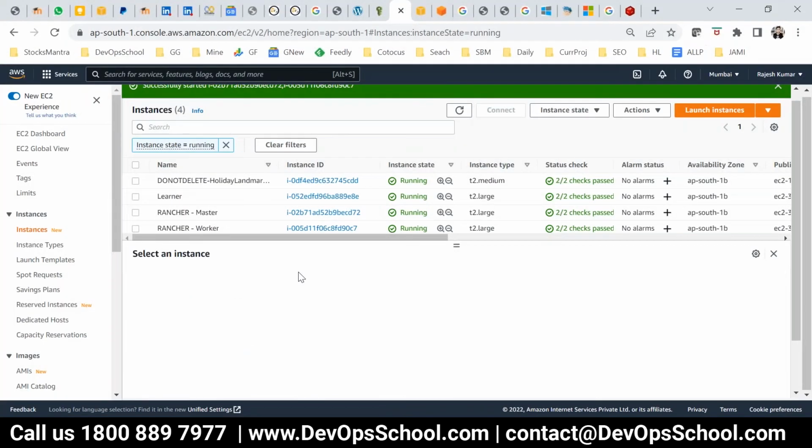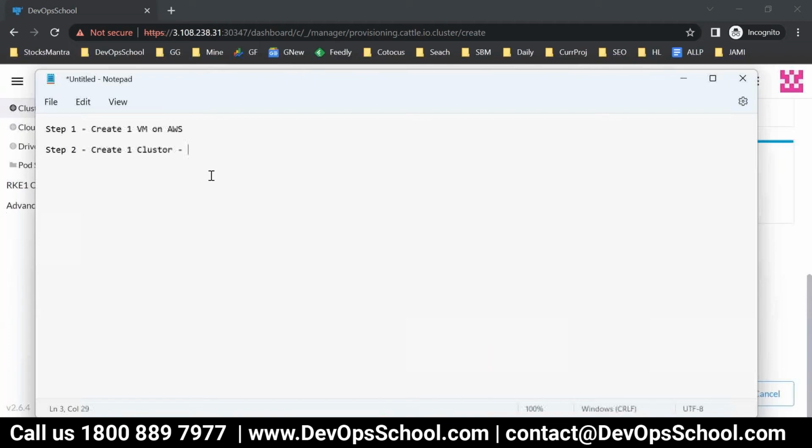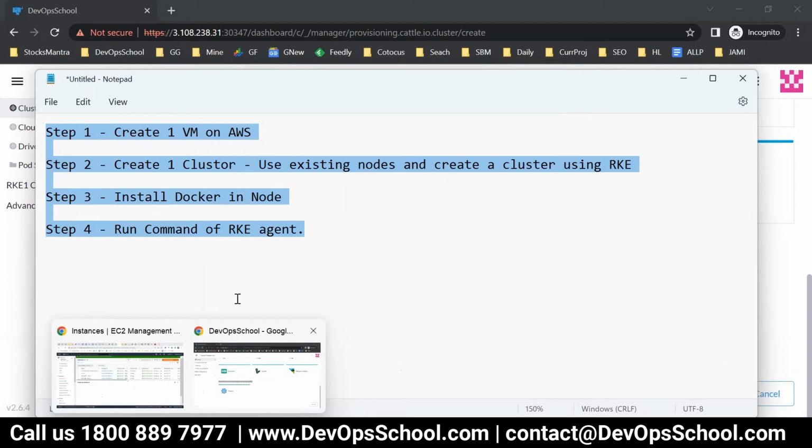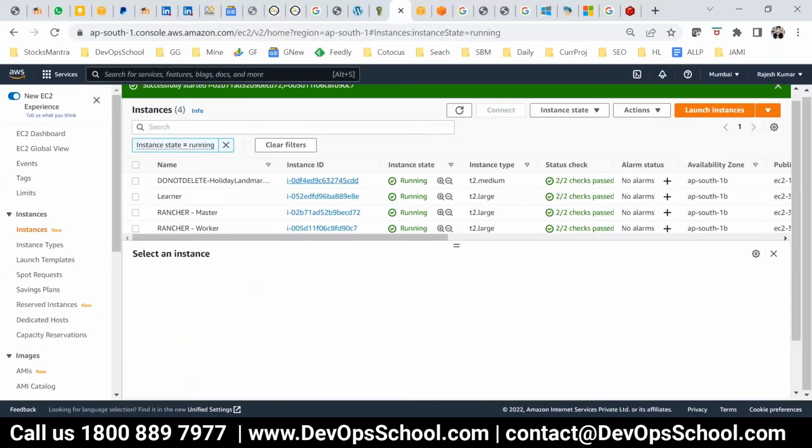So here, this time we'll try custom. So create a cluster, use existing node and create a cluster using RKE. So this is the stuff we'll try. Step number 3, install Docker in a node. Step number 4, run commands of RKE agent. Okay, so these are the 4 steps I'm doing right now. So let's get started. So let's create one more VM this time